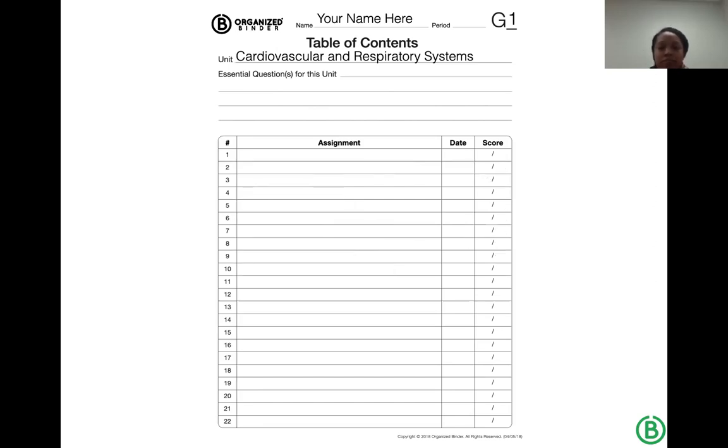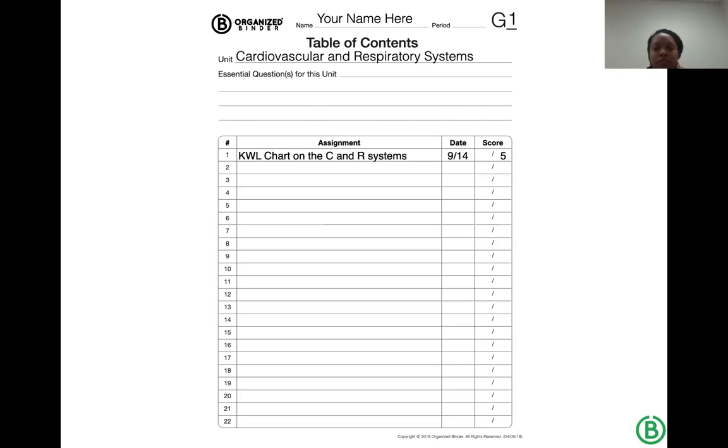But if we were to go back here, I would have kickoff, check yourself, we're starting a new unit. Students have multiples of these behind the G tab. And I would introduce the unit. I would probably have some essential guiding questions here, get the curiosity going, and then say, okay, here's what we're going to do today. And it might be something that they take out of a consumable.